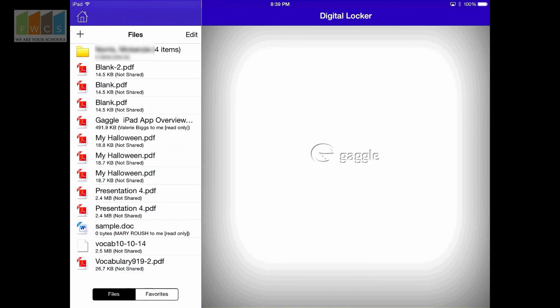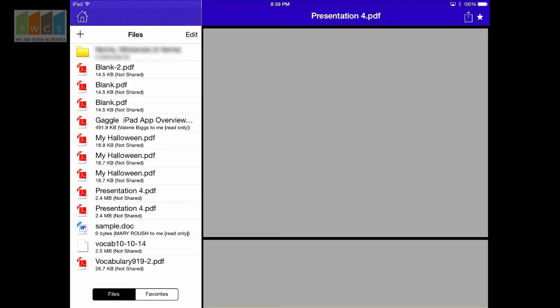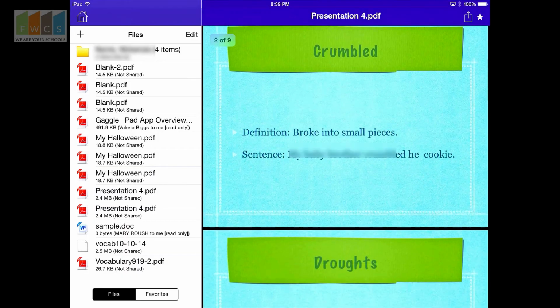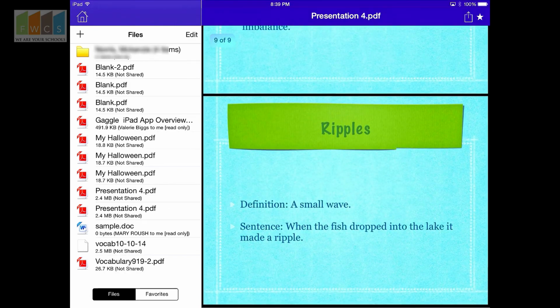And then I'm going to take a look just to make sure. I think the student's already saved it in their digital locker, so I'm going to click on PDF 4, and we hope that this comes up. And sure enough, it does come up, and here's their slideshow. It's saved. Now this is pretty much halfway to making this happen. I'm going to go back and click the home button, top left,